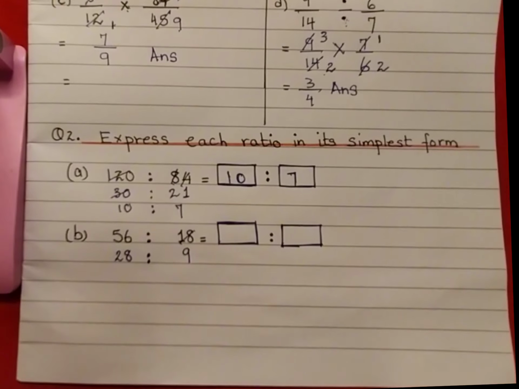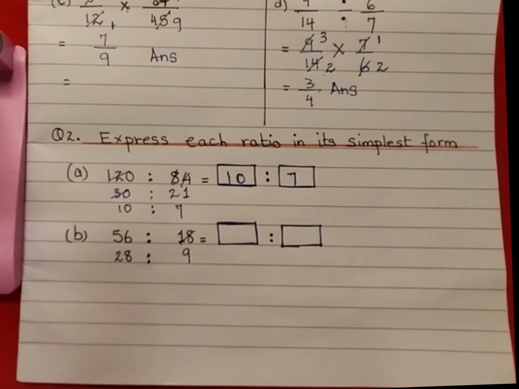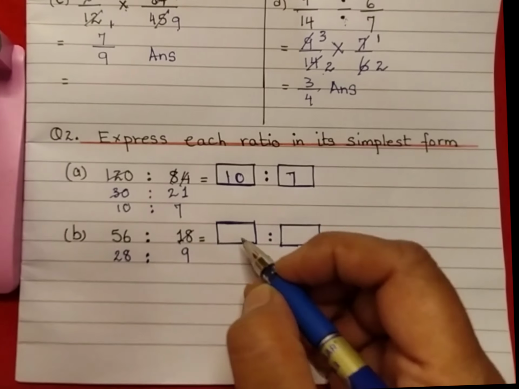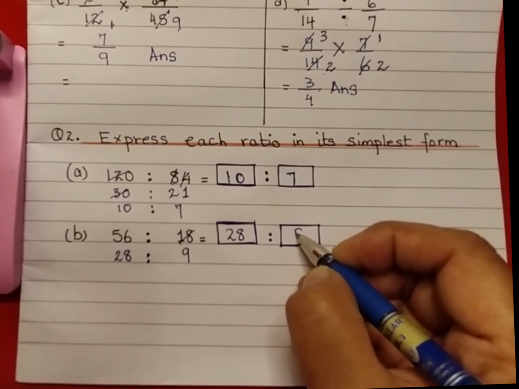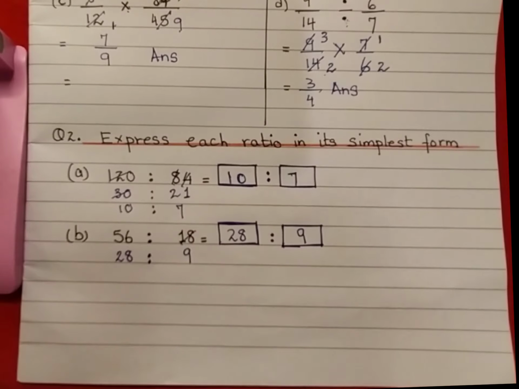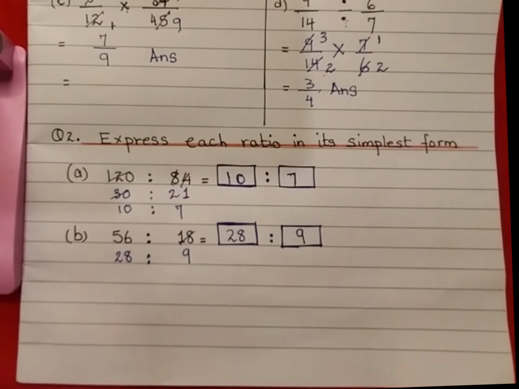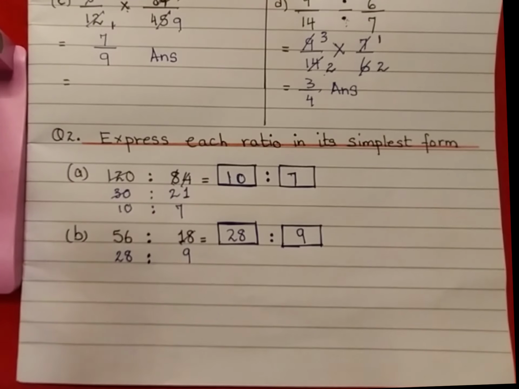Do you think it can be cancelled further? 28 ratio 9? No, it cannot. So the final answer is 28 ratio 9. Clear? Now moving on to the last part, and that is going to be our